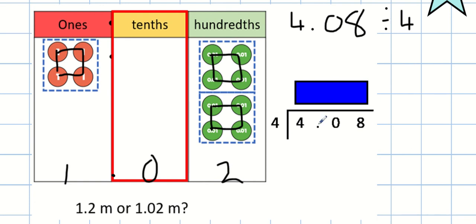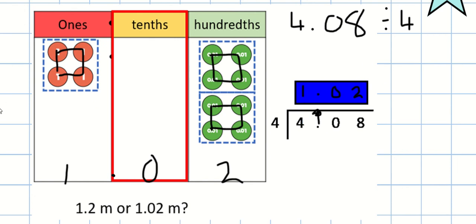And then I can do the same over here. How many 4s go into 4? Well, that's 1. Then I need to remember to bring up my decimal point. And then how many 4s go into 0? Well, that is 0. 0 4s in 0. And then how many 4s go into 8? Well, that's 2 4s make 8, don't they? So there you go. I've got the same answer again,